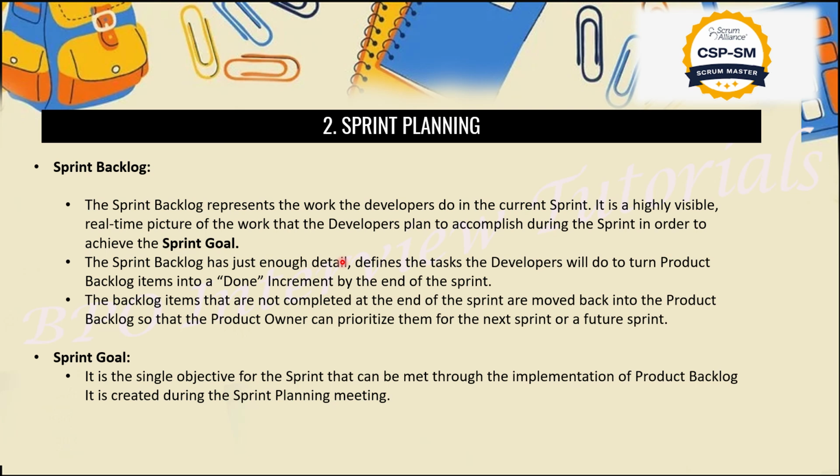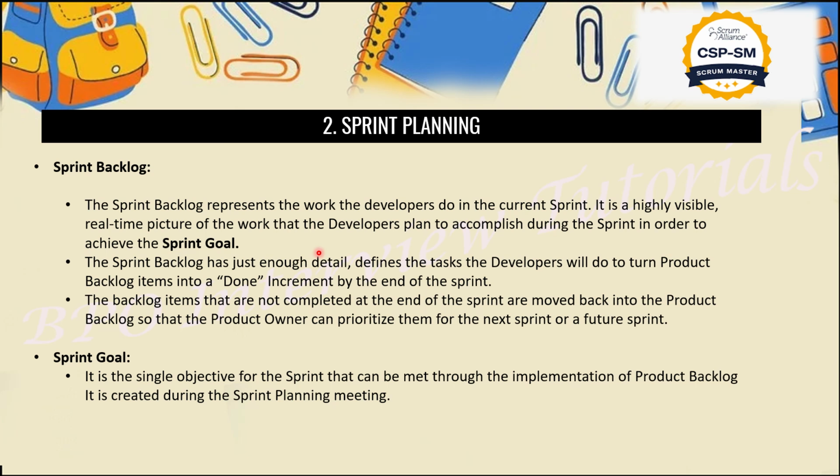Now in the home, what we require, like a banner, contact us information, footer, some links, we also require about us information. Now this is a sprint backlog. So the developer team will ensure which should be prioritized first, and the product owner will specify which should be prioritized first. In this way they will discuss everything in the sprint backlog. Now the sprint backlogs have just enough details.